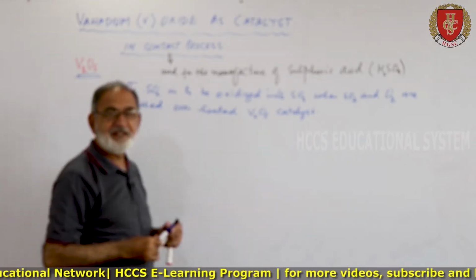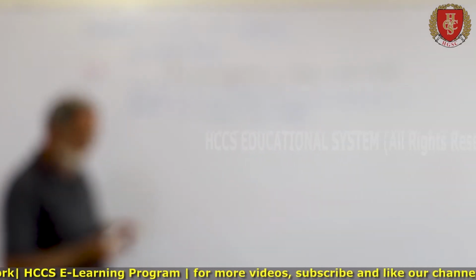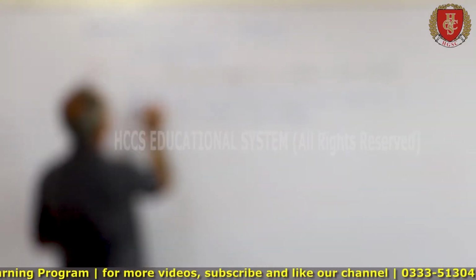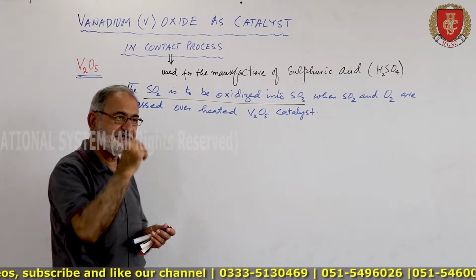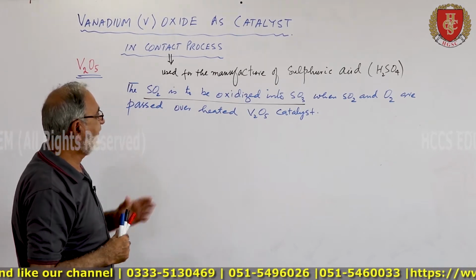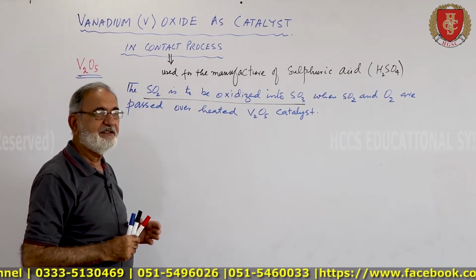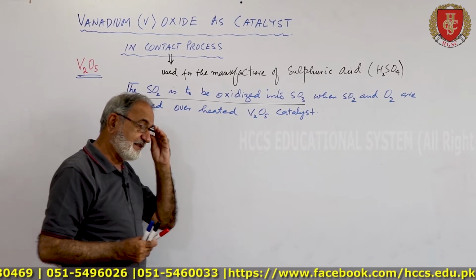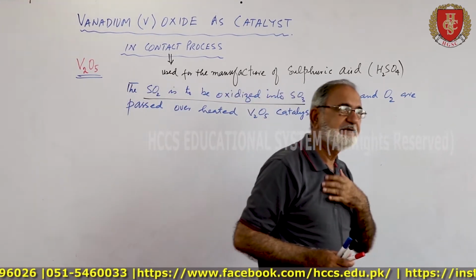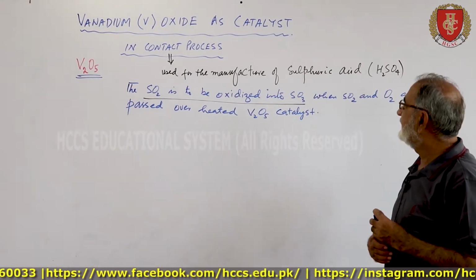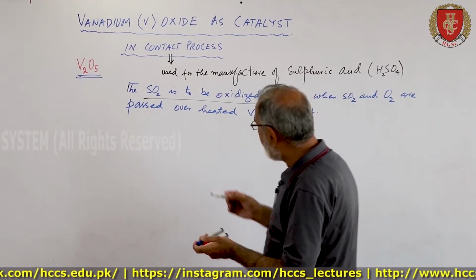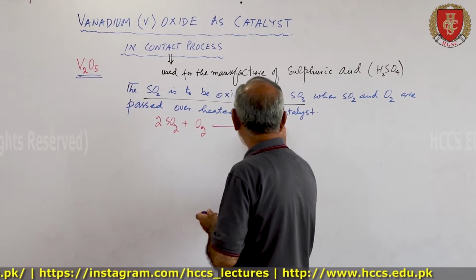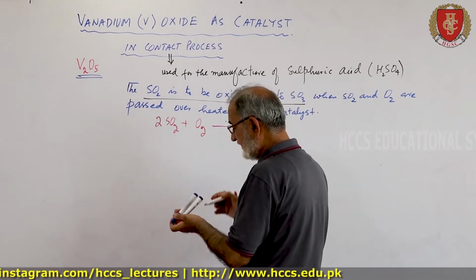So it means that in the manufacture of sulfuric acid, there is a need of oxidizing the sulfur dioxide into sulfur trioxide. When the mixture, that is sulfur dioxide and oxygen, is passed through the heated catalyst, the SO3 is produced by the use of